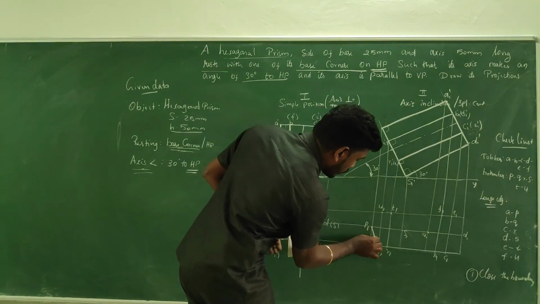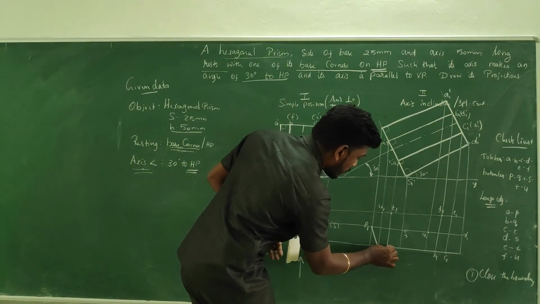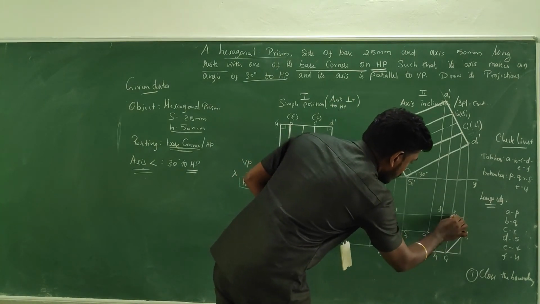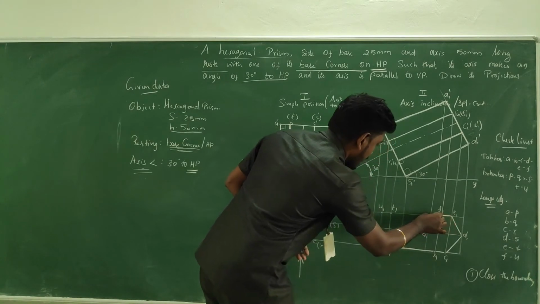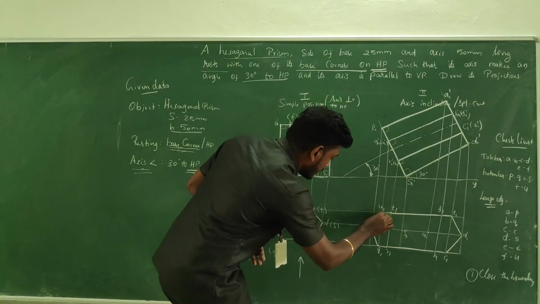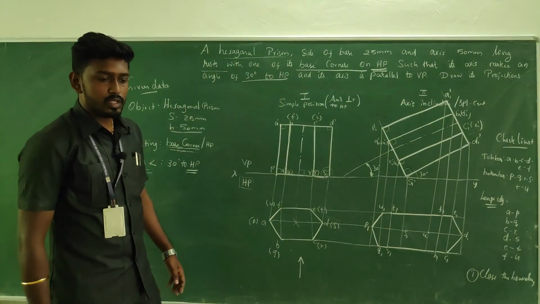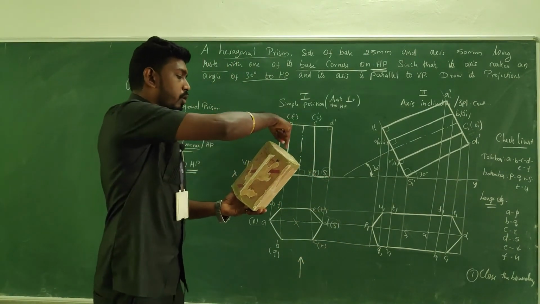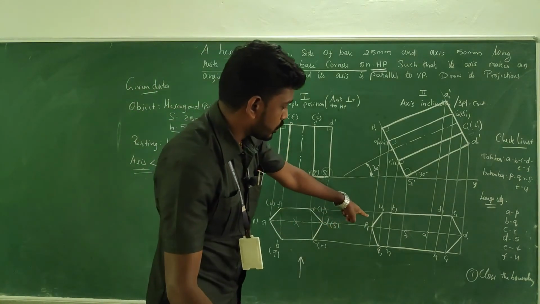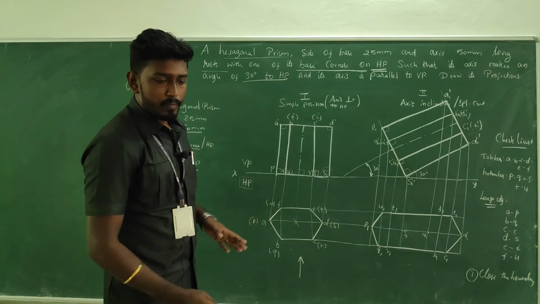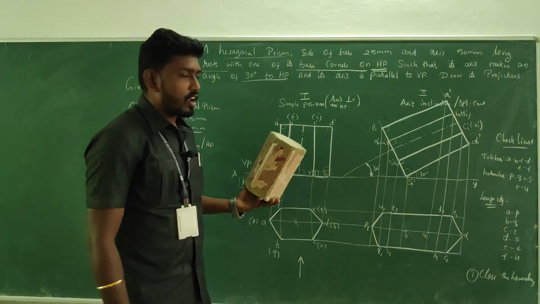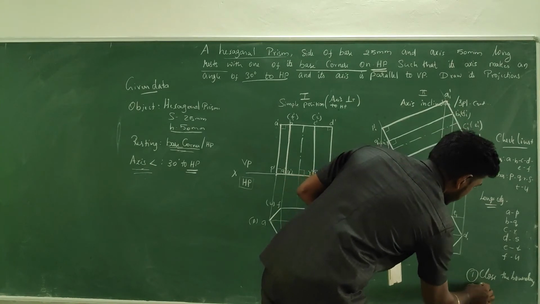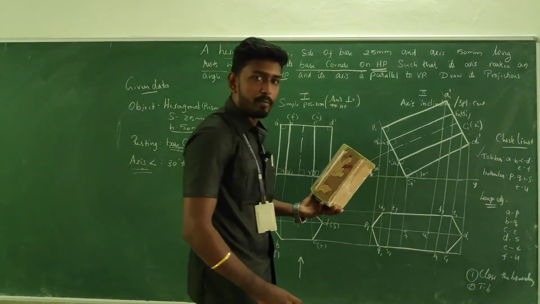So here P to Q, I am going to connect it, Q to R, R to B, B to C, C to D, D to E, E to F, F to T, T to U, and U to P. So these are the boundary. Now the object is something like this. So I have drawn all the boundary of the object, the outermost points. Now you have to concentrate on the top base. First the boundary should be closed, and second is the top base.